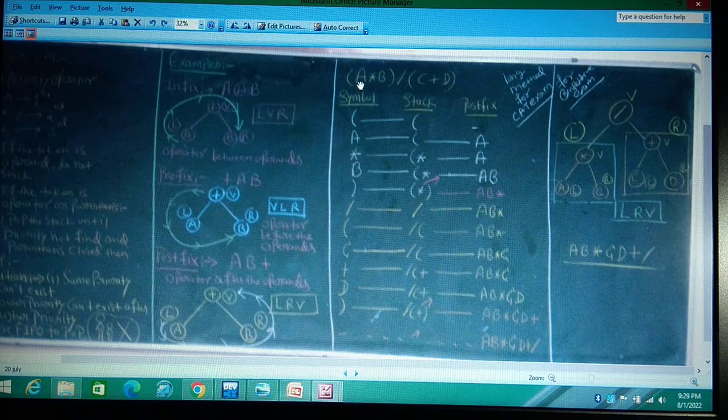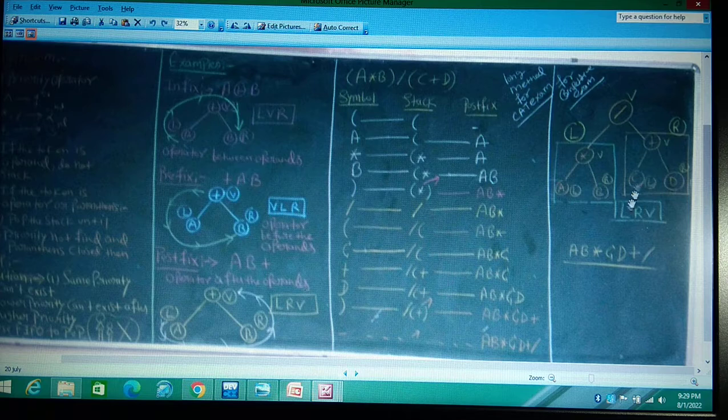At first A, you have written A here. Then B you have written here, and star. This is left, this is right, and this is the digit. In your infix, we have written left, digit, right. Then after that this is divide, we have written divide here. Then C, left, digit, right, we have written. Now you are thinking how it is possible.